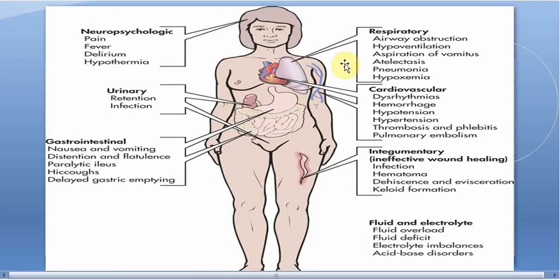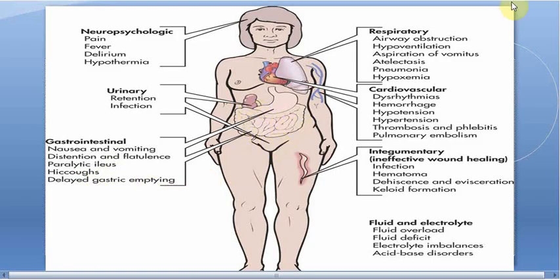Other than that, system-wise, these are the complications of the post-operative period. It is important. In neurology, you can see pain, fever, delirium, hypothermia. We will discuss it. In urinary, you can see urine retention and infection. In GI, nausea, vomiting, abdominal distension, flatulence, paralytic ileus, hiccups, delayed gastric emptying, where food and fluids